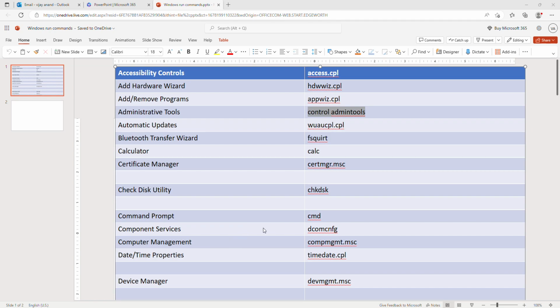Okay, these are the default applications that you see here in the admin tools, and if you install any features, that will also get displayed here as a shortcut. Okay, and let's go to another command, that is